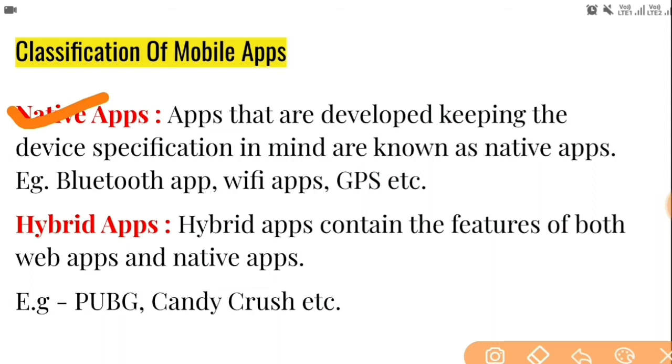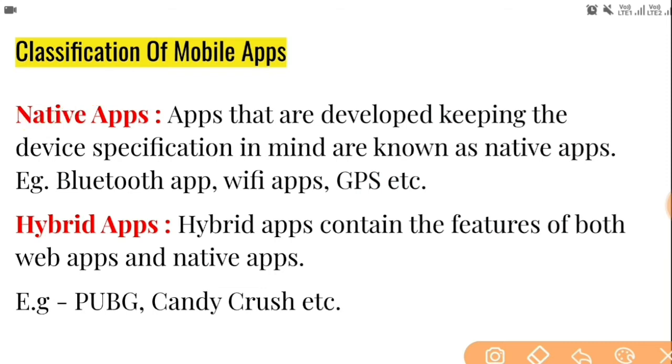Suppose you have Bluetooth in your mobile phone, so it will run with the help of apps that support Bluetooth. Okay, Wi-Fi is a physical device that is inserted in your mobile phone, computer or laptop, so it will run according to your app. It will perform if the physical feature is available on it. If it is not available, you cannot work on it.